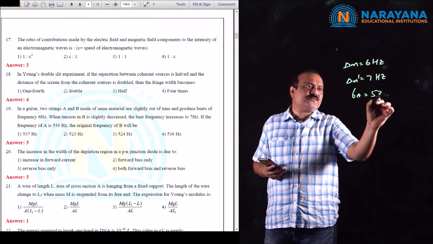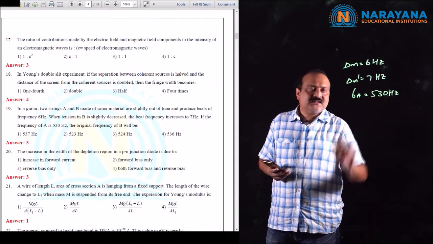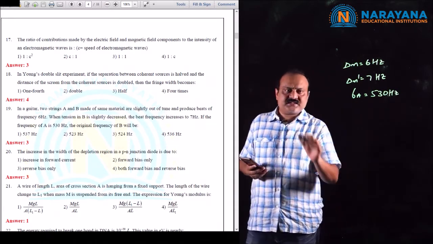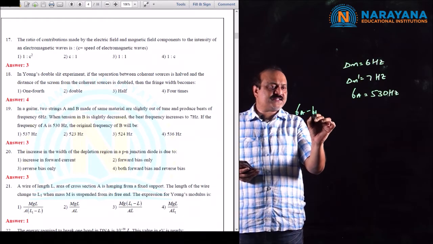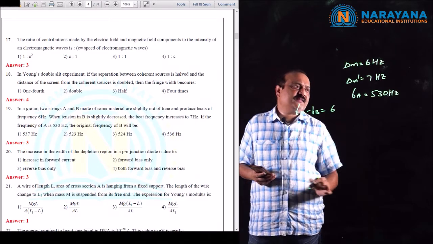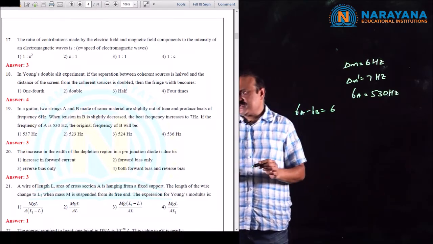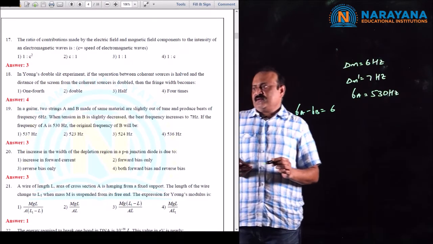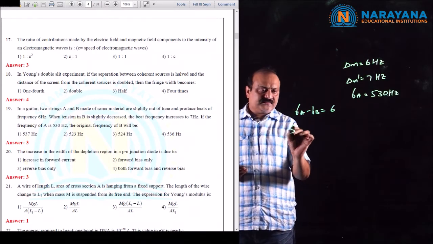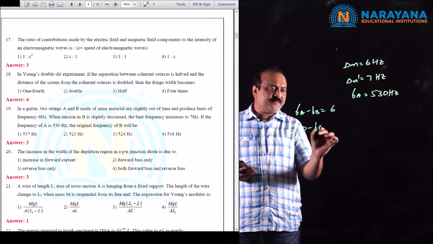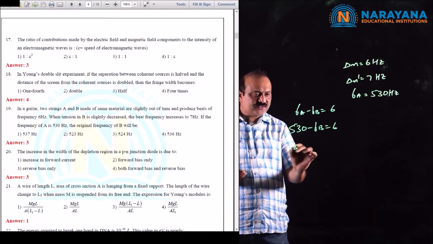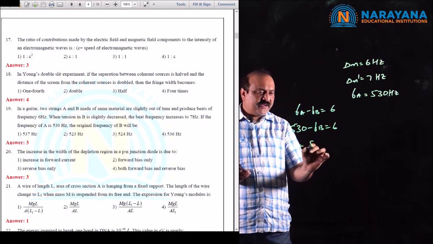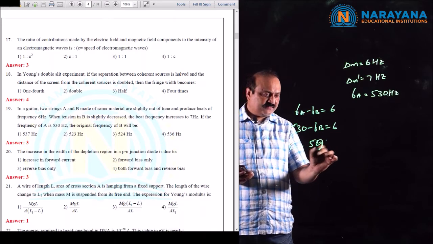We know beats means the difference of frequencies, that is FA minus FB is equal to 6. But FA is given as 530, so 530 minus FB is equal to 6. Therefore FB is equal to 524 Hz,